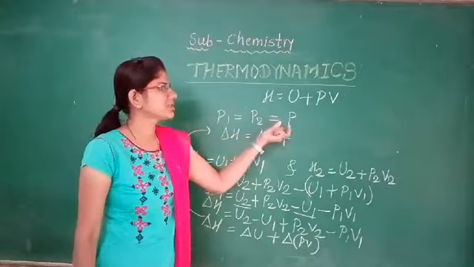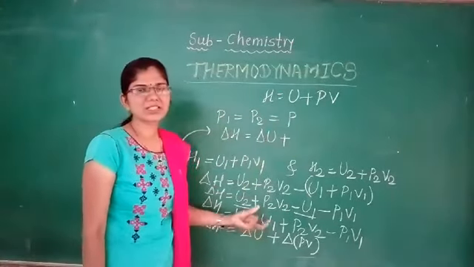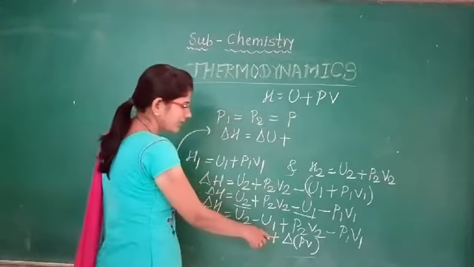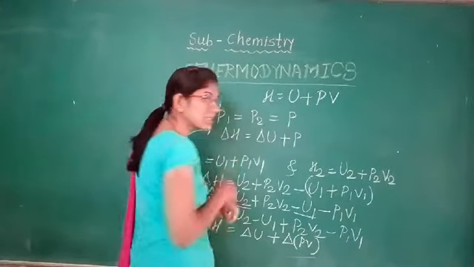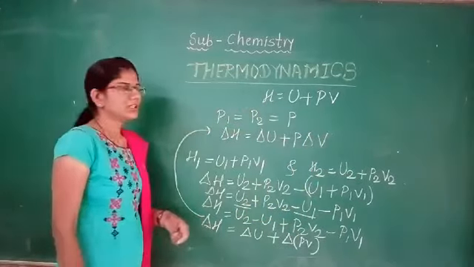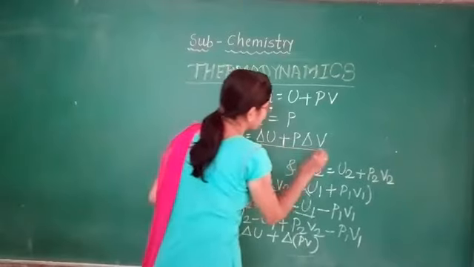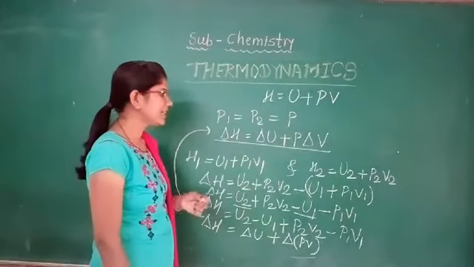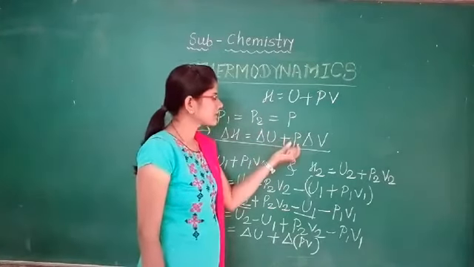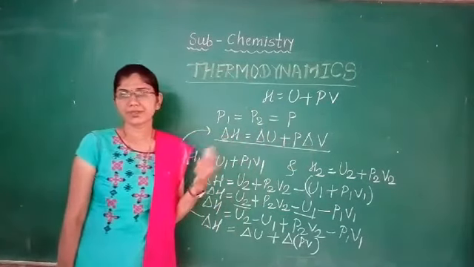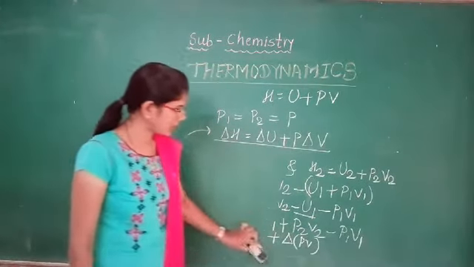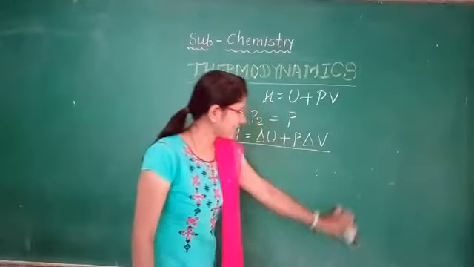which is equal to P2, which is equal to P, because suppose this reaction is carried out at a constant pressure. Therefore here we can take the pressure outside the bracket, and it becomes only delta V. This is the expression of the enthalpy change for the reaction: delta H is equal to delta U plus P delta V. But as we know from the first law of thermodynamics, we